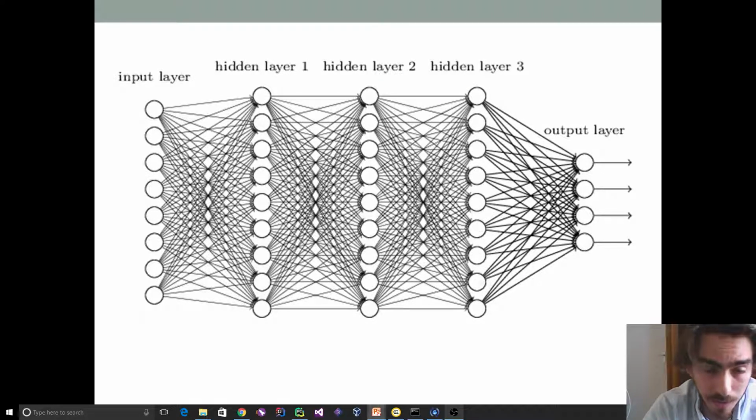There's another wx plus b done between hidden layer 1 and hidden layer 2, wx plus b for hidden layer 2 and hidden layer 3, and then a final wx plus b between hidden layer 3 and the output layer. So if that was the only mathematics that we were doing, and that's fine, you could choose to do that. You could make a neural network that just does linear combinations all the way through, but